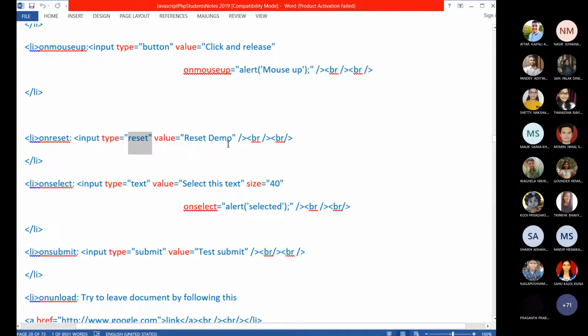reset. Here you can add on reset equal to, in double quotes, alert.